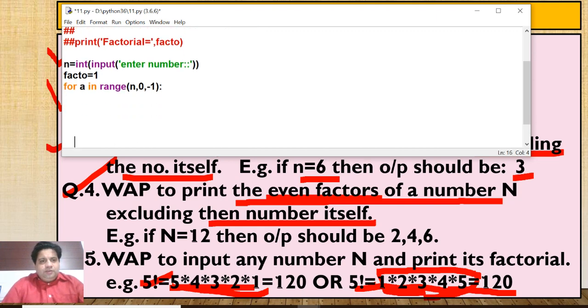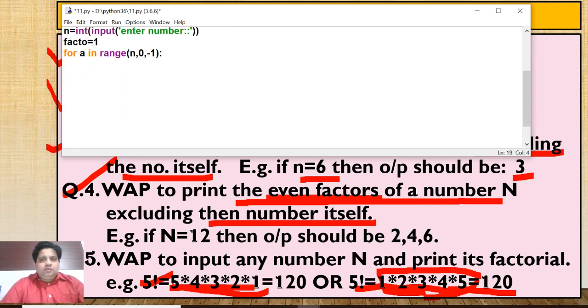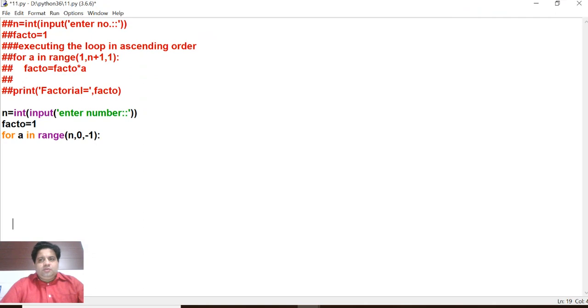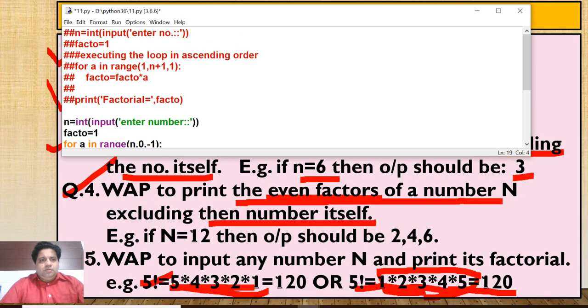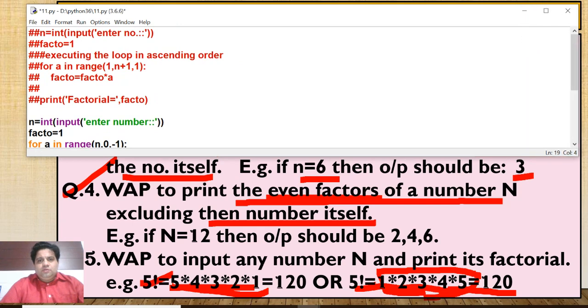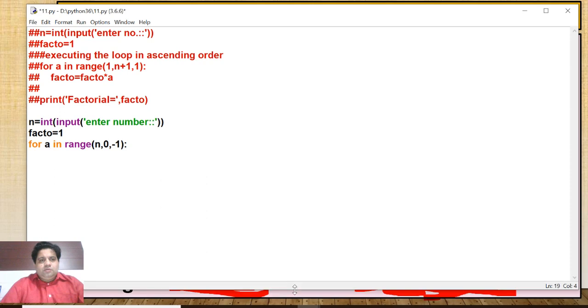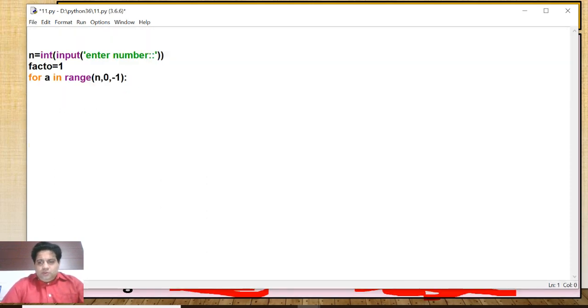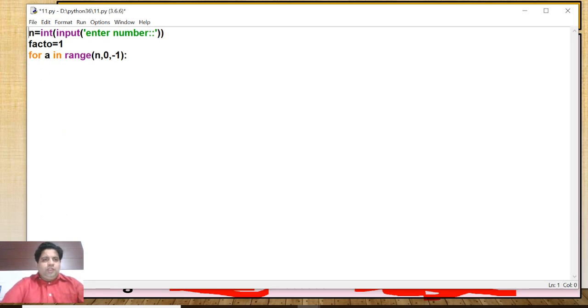So is that clear? Okay, so I am doing the second program.